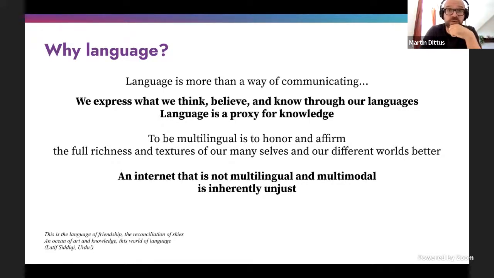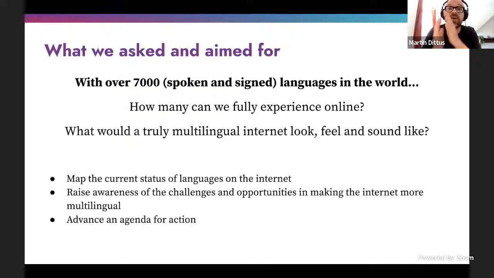This is why we're interested in looking at language online. The question we are basically asking is, how much of the rich diversity of the world's languages is available online. There are about 7,000 languages spoken today. For us Europeans, that's easy to forget. We think of the world maybe in a dozen languages, or maybe I should say I, as a European, when I was young, maybe thought about the world in terms of a dozen languages, and I had no conception of that level of language diversity.